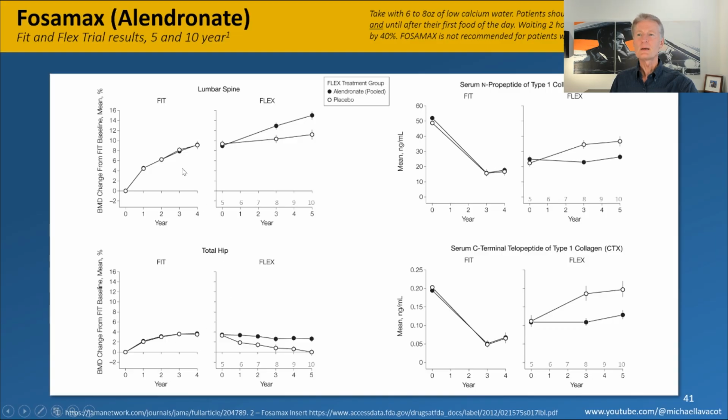Now, Fosamax, you can continue to build even up to 10 years, but again, you really don't want to, because your hip starts going the wrong direction when you're on the drug, or it stops and starts to taper off. And again, then you start running into these things called atypical femur fractures and femoral fractures and such. And you might have heard of things like osteonecrosis of the jaw and stuff like that. I talked some about this in the Prolia presentation for people on Prolia.